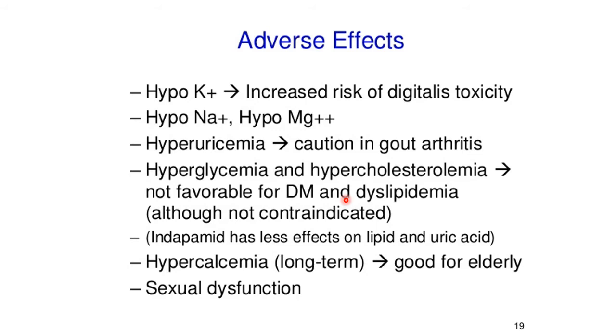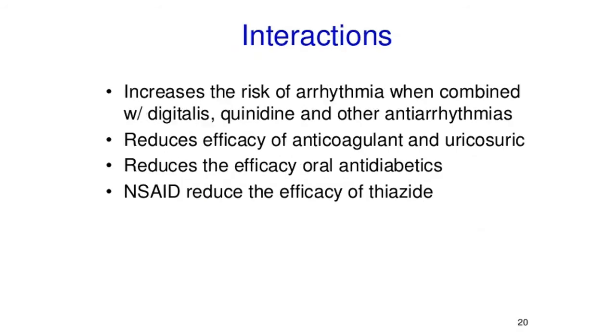You may be asked in your viva or in MCQs what type of diuretic has bad effects on your glucose metabolism as well as your lipid metabolism. They can produce hypercalcemia, because more calcium is preserved when you are using thiazide diuretics, so they are good for the elderly. They prevent osteoporotic changes, but in certain conditions this hypercalcemia can produce calcium stones, so in that case it will not be beneficial.